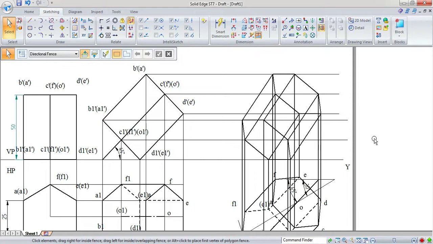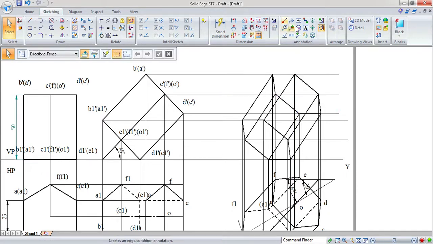The corners E and F are very close to the XY line, so that means EF edge is not visible. That's why the edges which are connecting to the corners E and F, we have to make them hidden edges.